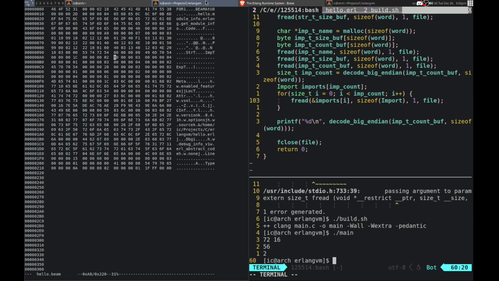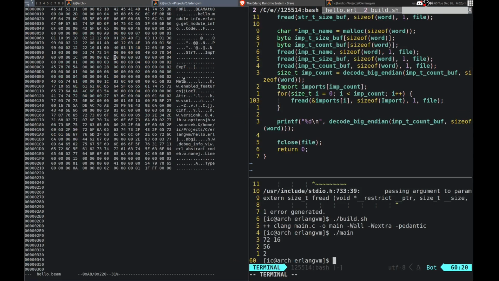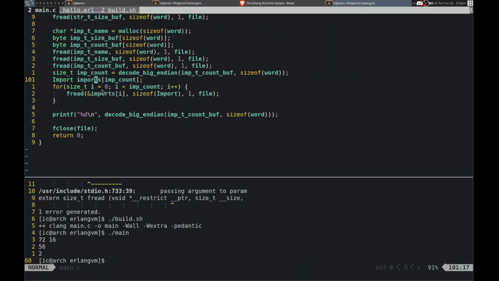Let's see. After that we need to see if we have the padding. So I can see there, it looks like this one won't need it, but we should try it anyway. So we just need basically a count. That comes after the size, right?